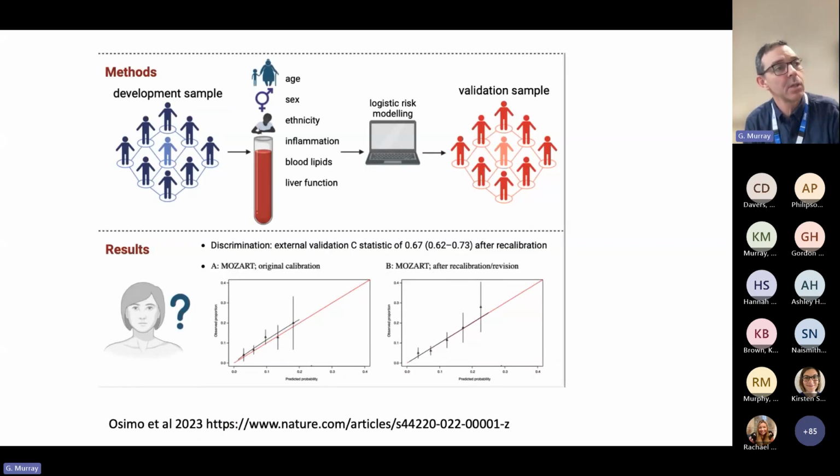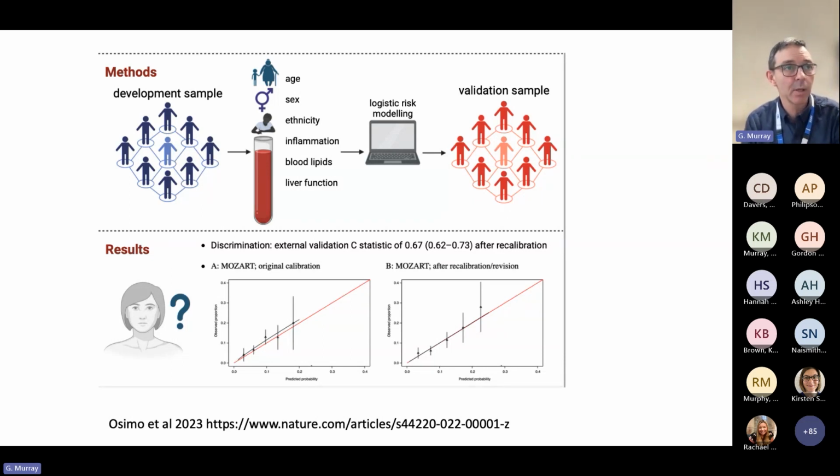And so what Emmanuel did was, one thing that some people do is do some fancy new assay or test to see if they can work out prognosis. But what Emmanuel did was harness existing data just from databases, electronic health records, and looked at routinely collected information that we have, but that we don't usually use in this particular way, about age, sex, ethnicity, and routine blood tests that we tend to do on every patient: lipids, liver function, cell counts,